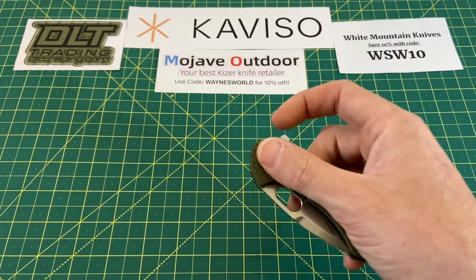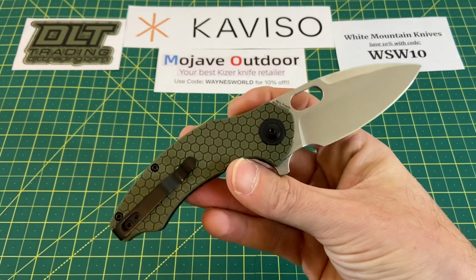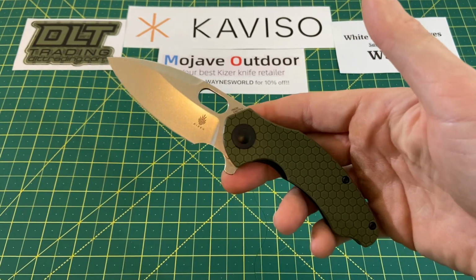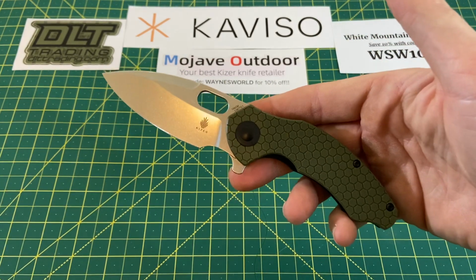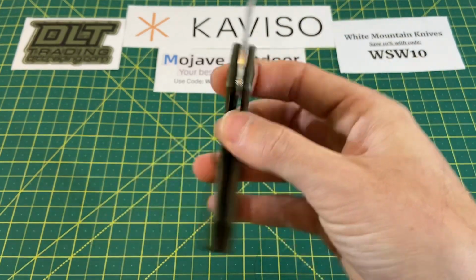If you're on the fence, I don't want to delay a purchasing decision because I know these have been selling out fast at a lot of places. I will say this: if you want one, I would recommend buying it. I do think it's a fantastic knife. Like I said, there's some little things that I might nitpick on it, but overall, in terms of fit, finish,